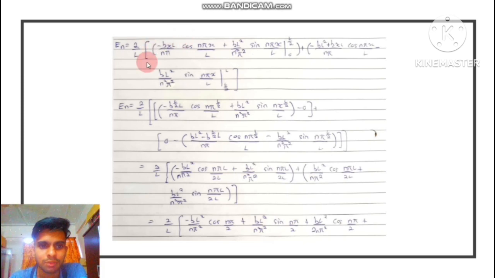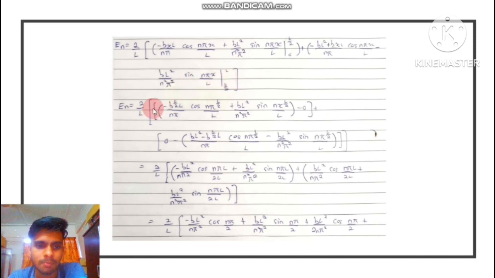So from the tabular method, we get the equation 2 over L bracket of negative bxl over n pi cos n pi x over L plus bl square over n square pi square sin n pi x over L, in the range of 0 to L over 2, plus negative bl square plus bxl over n pi times cos n pi x over L minus bl square over n square pi square sin n pi x over L, with the range of L over 2